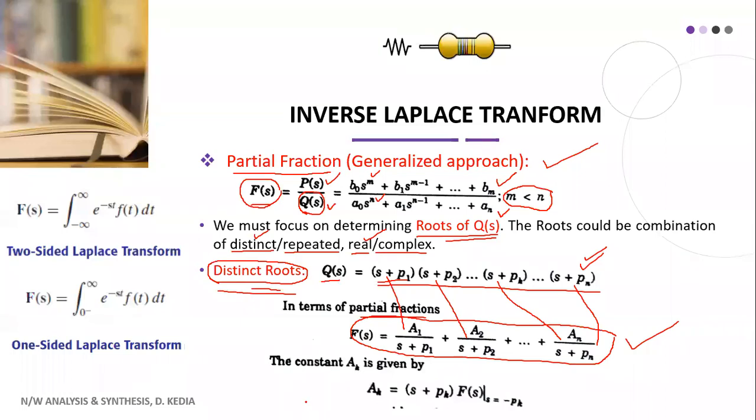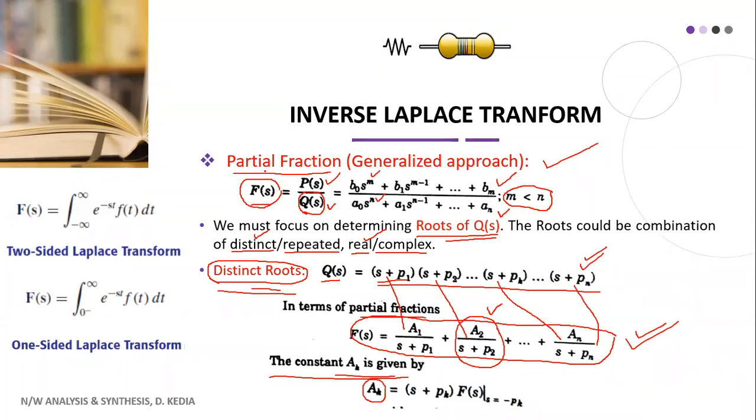Now how to determine these constants? You must have got the idea now. Our first job is to find the roots of Q(s). The second step is to express that expression in the form of partial fraction like this. The third step is the determination of these constants, A1 to An. So how do we find these constants? If we want to find A2, for example, what we will do is